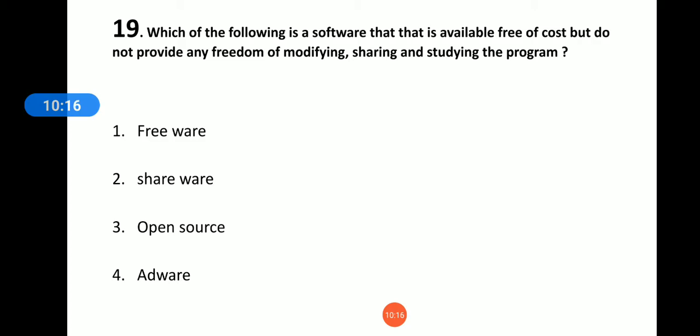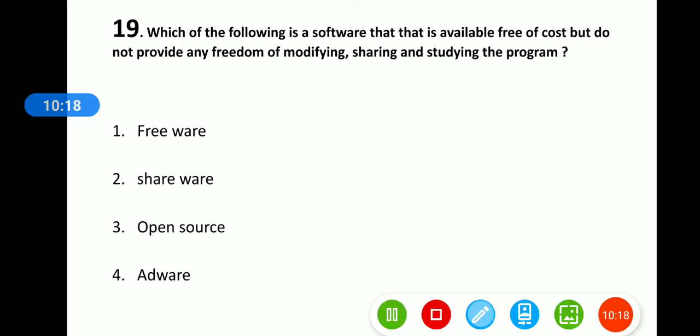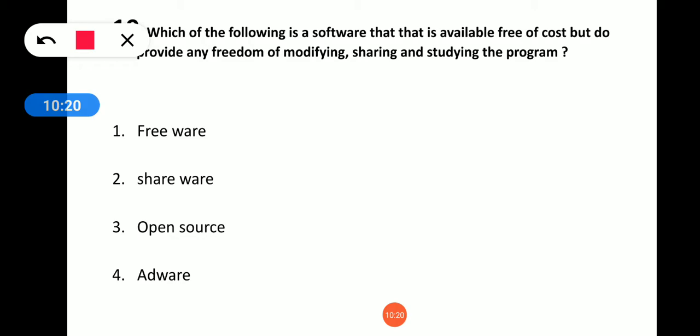Which of the following software is available free of cost but provides the freedom to modify? We have similarity between these softwares but with a small difference. Open source is also available free but we can't do any modifications, so it is not the correct answer.